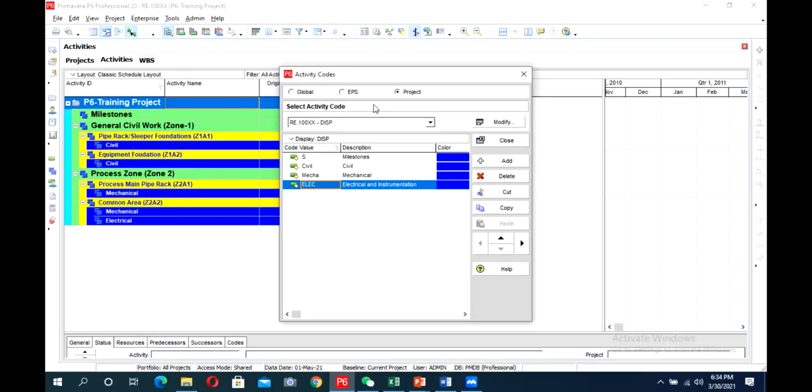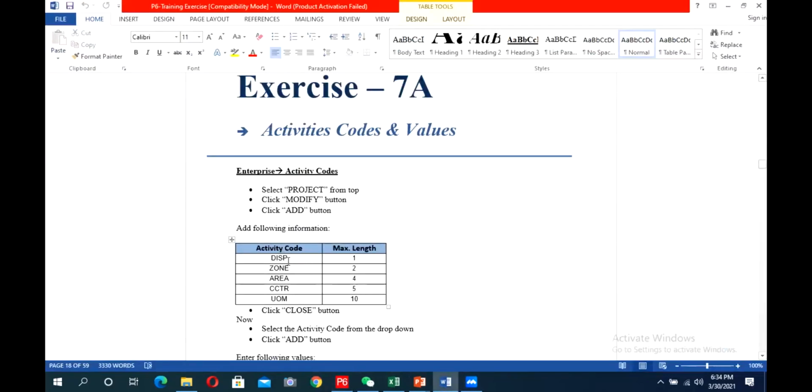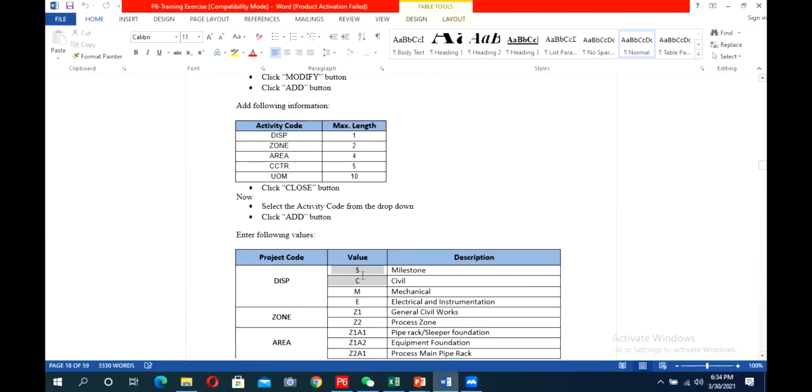In the exercise, we are having just one letter for discipline, like S, C, M, and D. So I have given the value 1. You can have 4 also in some other project. No problem. It's not a standard. It varies from project to project. All right. Okay, thank you for the explanation.